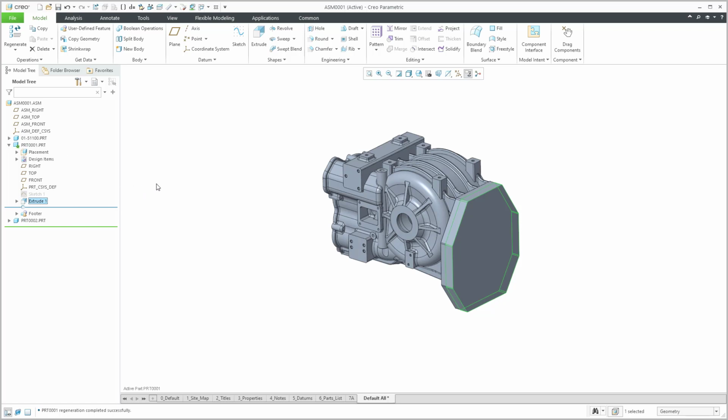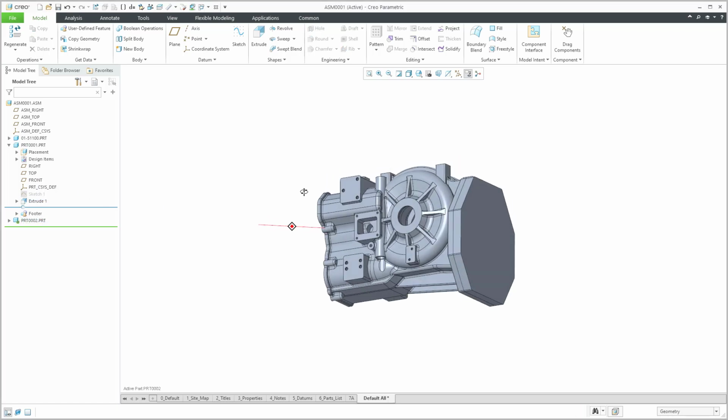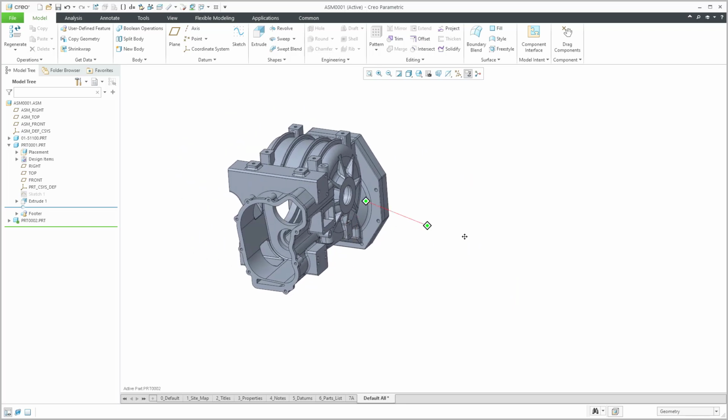Really what I should be doing is using data sharing features like a copy geometry feature, or maybe a shrink wrap feature, or a merge inheritance feature to get the geometry that I want, because that gives me additional controls over my dependencies. But that is a topic for another video. Let's activate the other part, and similar to what I did in SolidWorks,